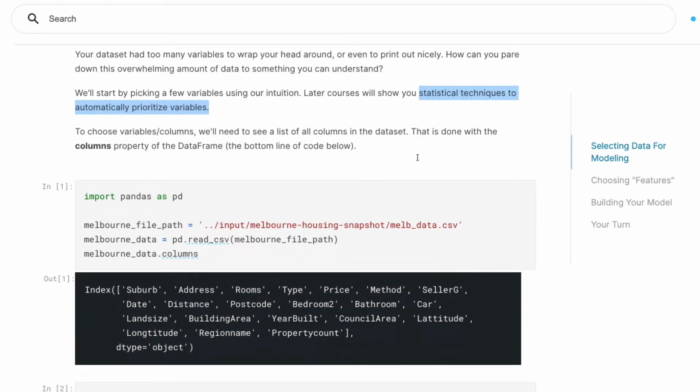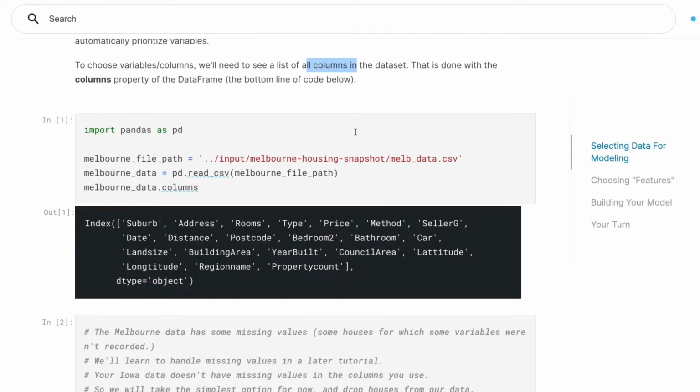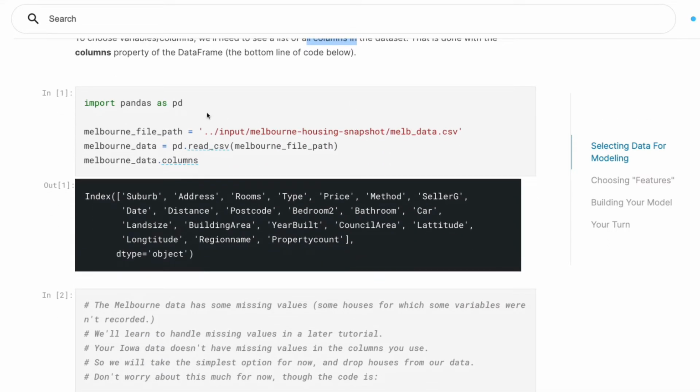So that is how we pick the variables. Now, first of all, even to begin choosing the variables and column names, we need to know all the columns in the data set. And how do we know all the columns in the data set? It's quite simple. If you remember in the previous section, we started with pandas. So import pandas as pd,